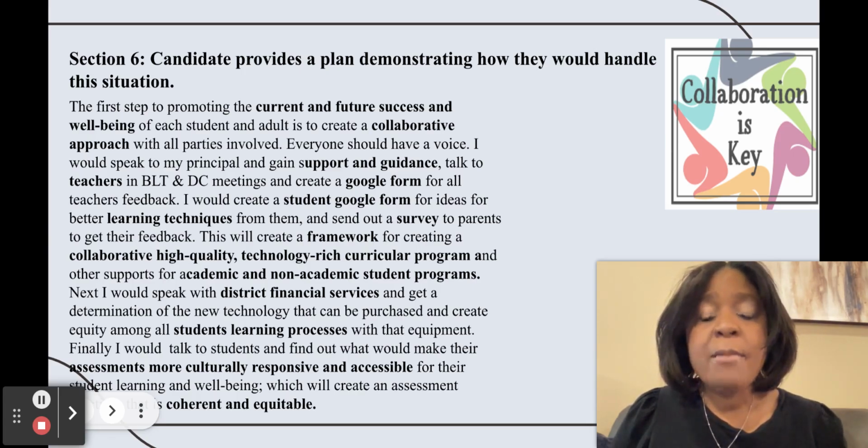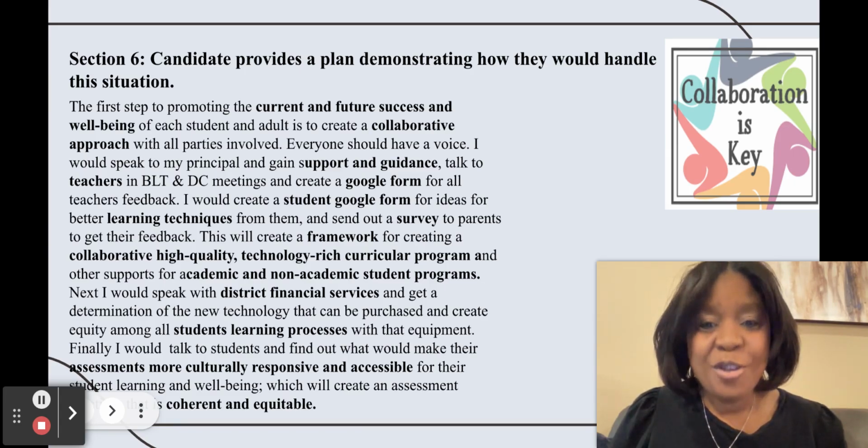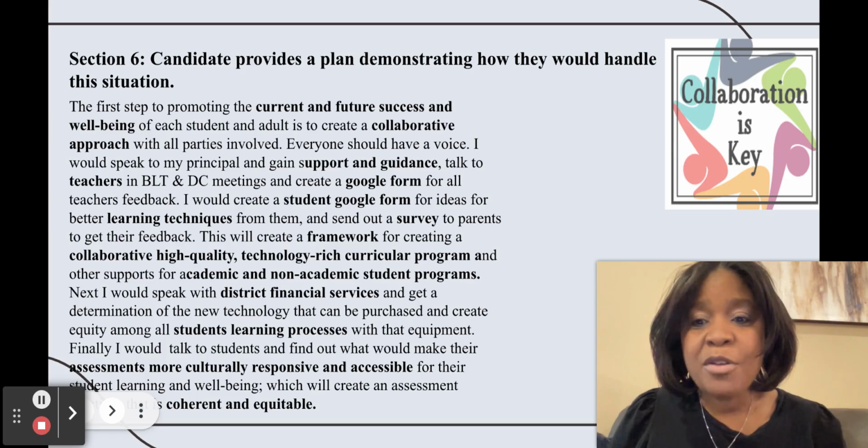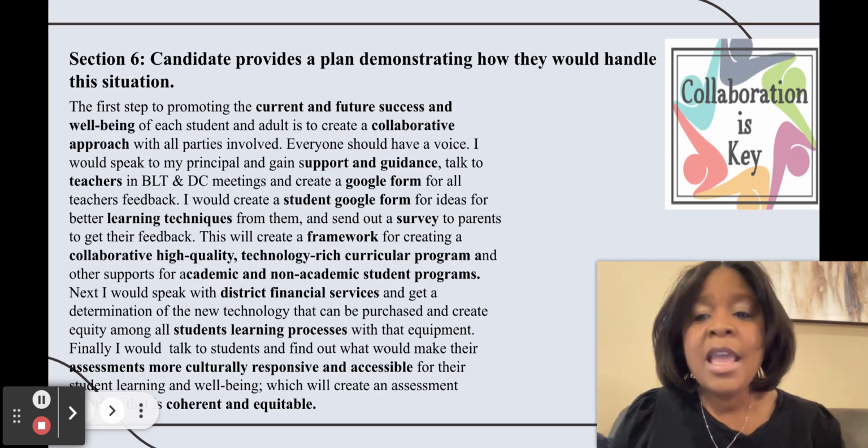I would speak to my principal and gain support and guidance, talk to teachers in BLT and DC meetings, and create a Google form for all teacher feedback. I would create a student Google form for ideas for better learning techniques from them and send out a survey to parents to get their feedback. This would create a framework for creating a collaborative, high-quality, technology-rich curricular program and other supports for academic and non-academic